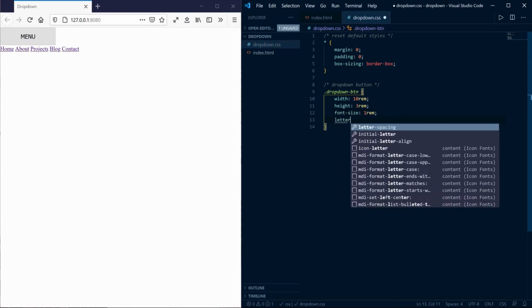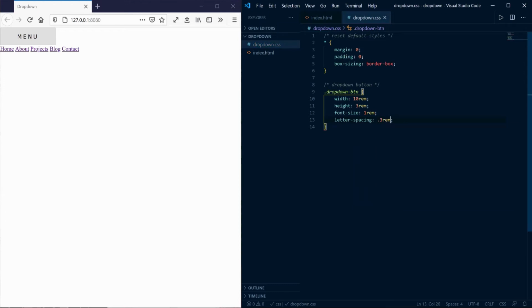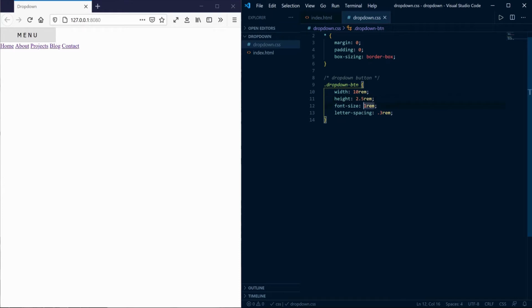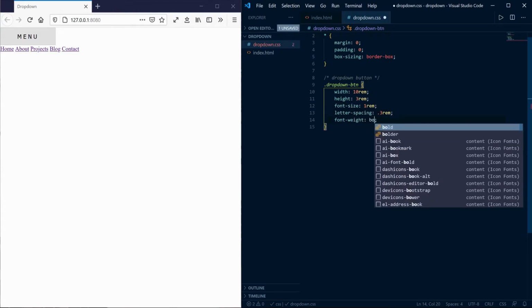Add some letter spacing. Set font weight to bold.